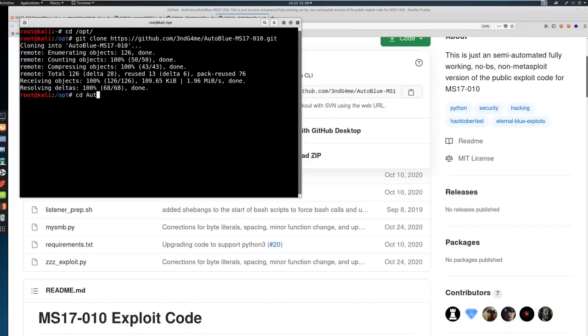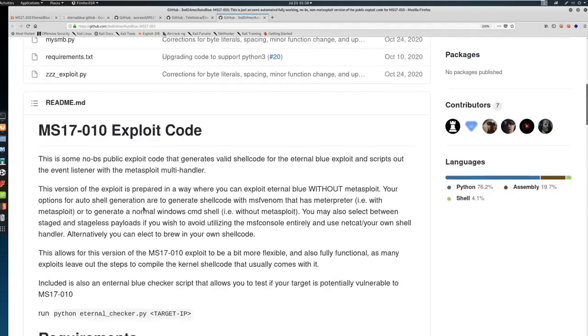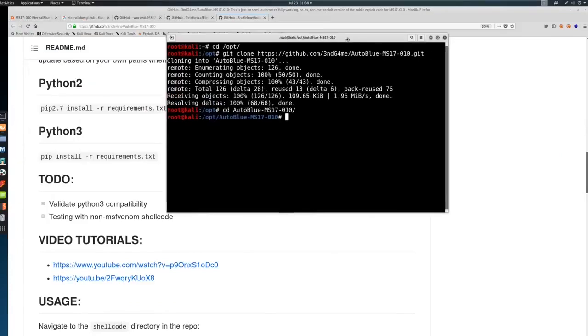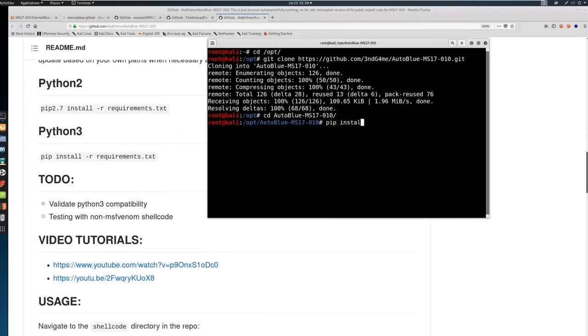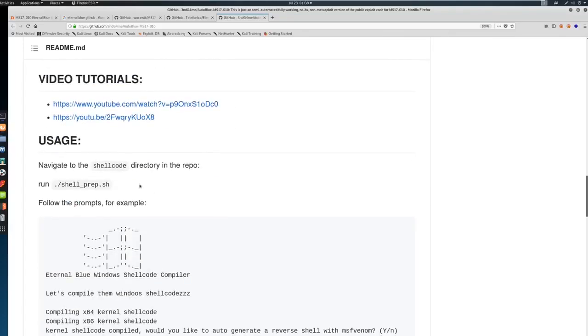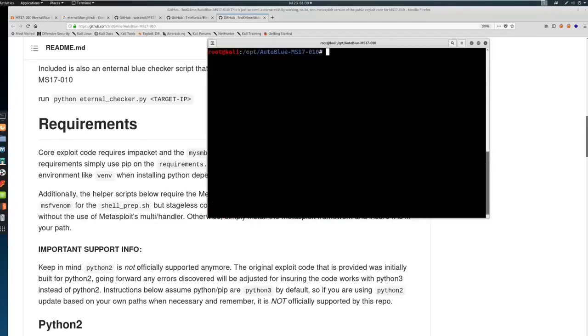And then I'm going to cd into AutoBlue, and it gave instructions in here somewhere about how to install this. Let's go to installation: pip install requirements for Python 3, which we should be on at this point. So we're going to do pip install -r requirements, just like that. Let that install. Looks like everything is satisfied or installed, so that's good. From here, we're going to go ahead and do the usage. Now, there was a checker in here, so we can run Python with the checker. It says Python 2, so let's go ahead and run Python 2 with it. It could be Python 3 too, so we might run into an issue. checker.py